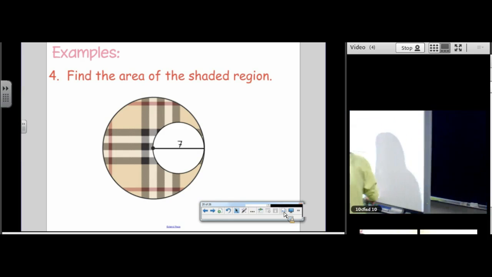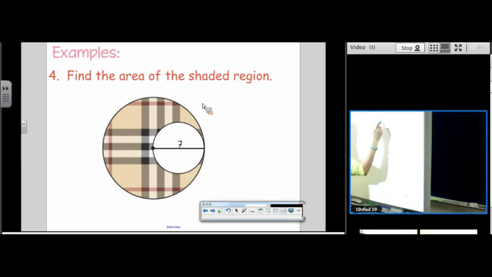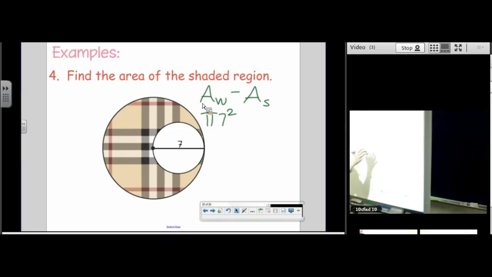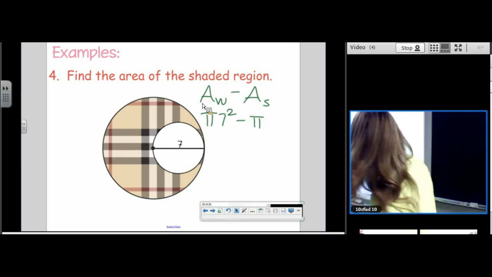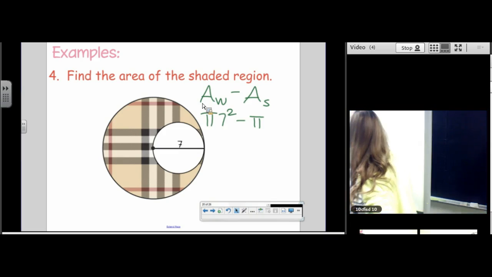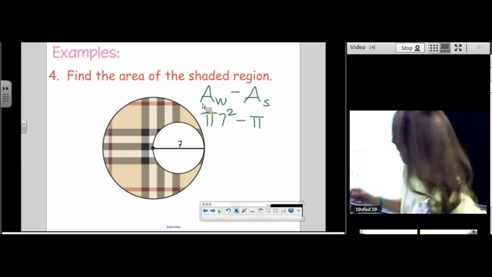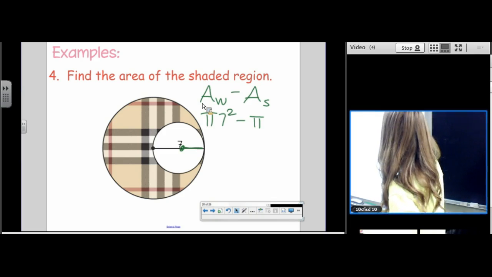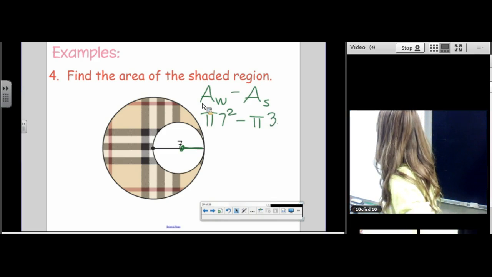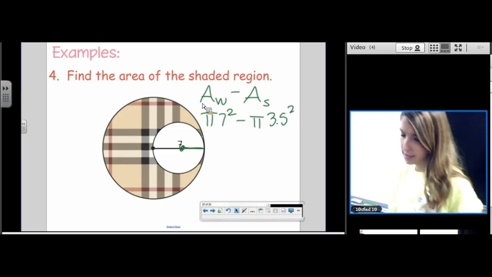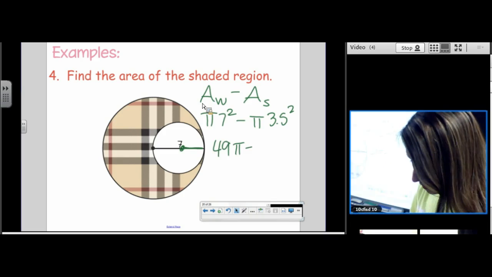Okay, so we need to find the area of the whole circle, the large circle, and we're going to subtract the area of the smaller circle. The area of the whole circle is pi r squared. The area of the smaller circle is pi, what's r? What is r in the smaller circle? 3.5, yep, pi r squared. So we have 49 pi minus, this is going to get a little ugly,